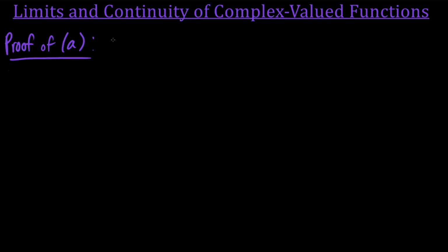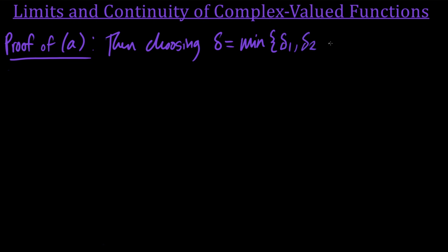All right, so what we want to say here is then choosing delta to equal the minimum of delta 1 and delta 2. And the reason that we're choosing delta to be the minimum of delta 1 and delta 2 is so that both of the previous conditions in the proof hold, right? Because if delta is greater than delta 1, then that condition with delta 1 doesn't hold, and the same thing for delta 2. So we need delta to be the minimum of these two so that both conditions are guaranteed to hold. And so choosing delta to be the minimum of delta 1 and delta 2,